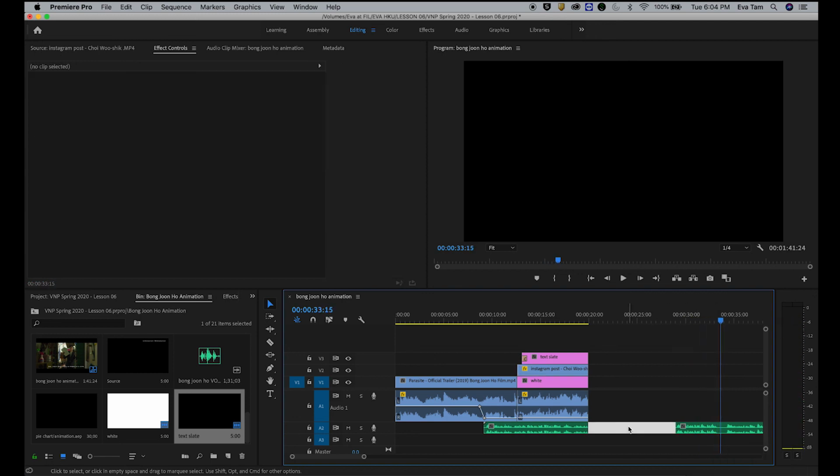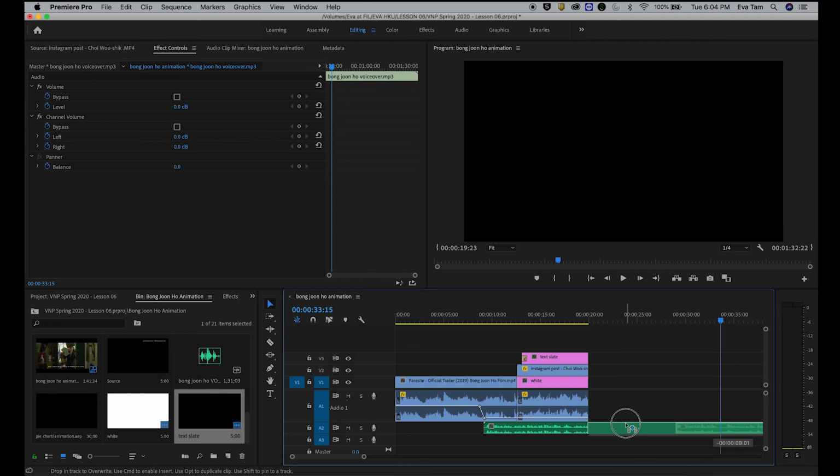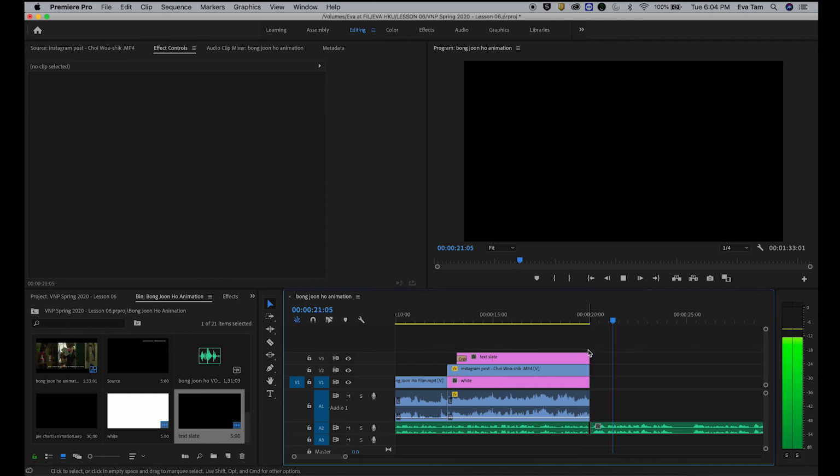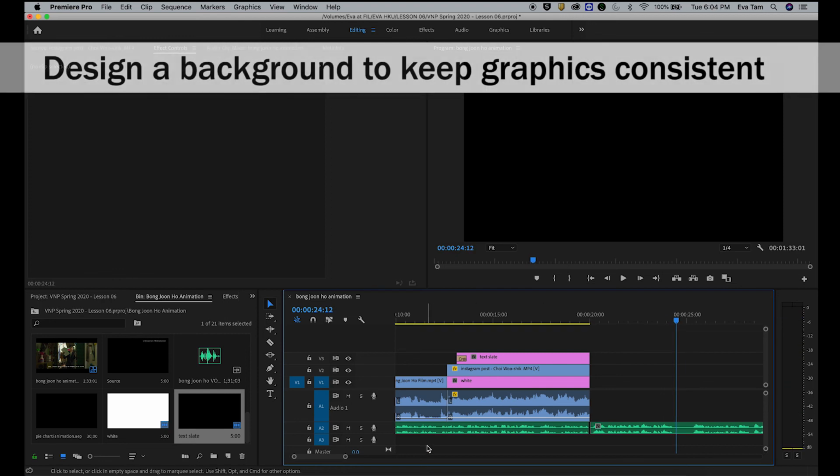All right, so now it's time for the graph, for the first graph. You completed your first 20 seconds. Parasite made $165 million off ticket sales. So first, what we need to do is build out a background template. What I mean by that is the background that you see in pretty much all the animations or explainers. It has a really nice background. It basically makes the entire video.